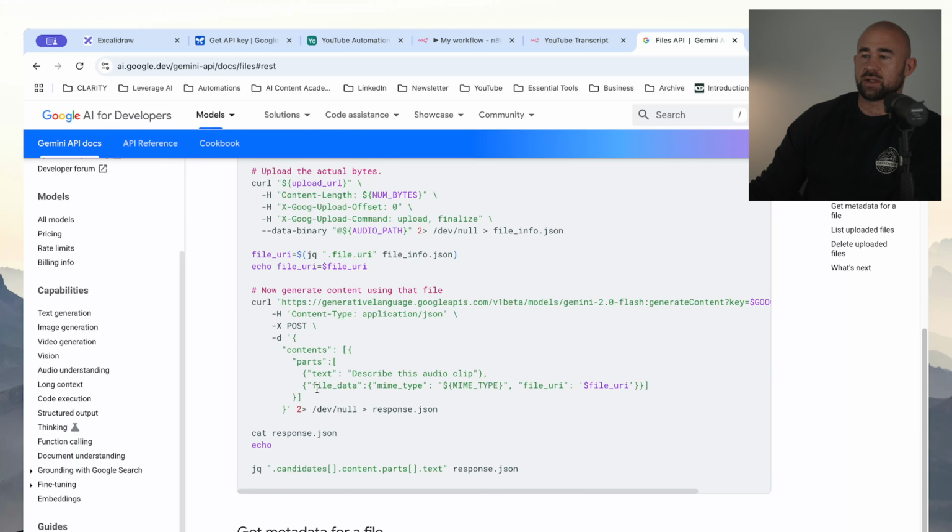You can see here it gives you some idea about using the file data. So this gives you a reference for the API call that I was using. You're making a call to the Google API as application JSON. We're passing in the contents, as this is the prompt to describe this audio clip, and the file data. This is the magic. This is the important bit. We're setting the MIME type to be an MP4, and the file URI is the YouTube video URI. So this is the really important bit. This is where you can get the